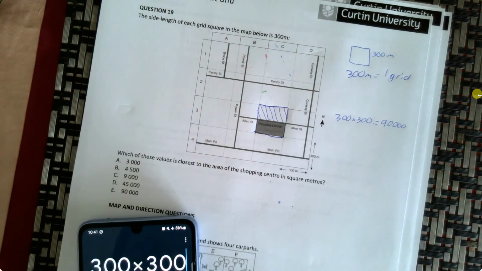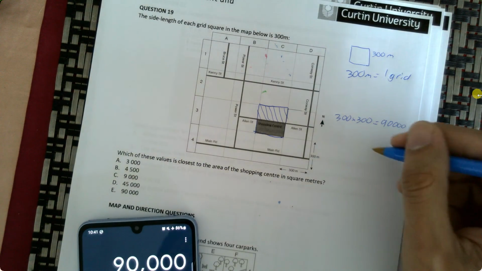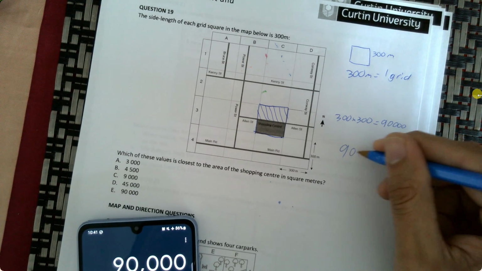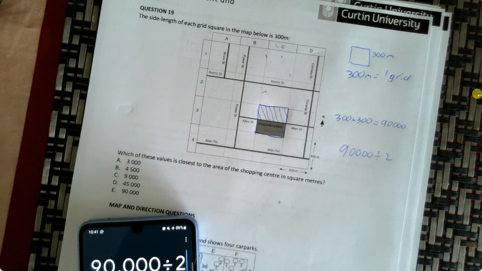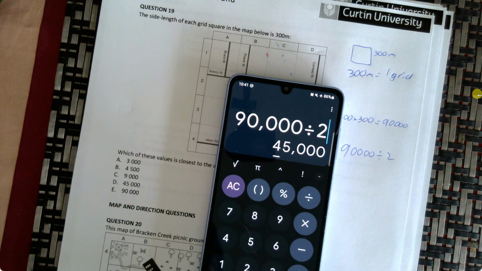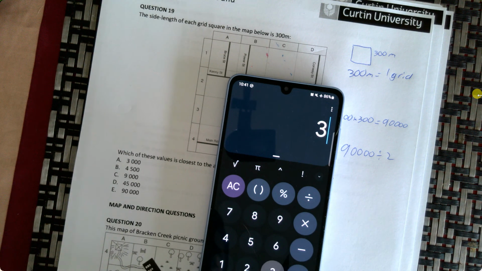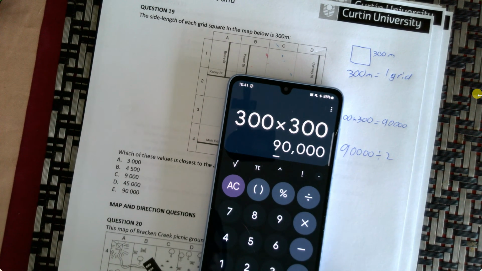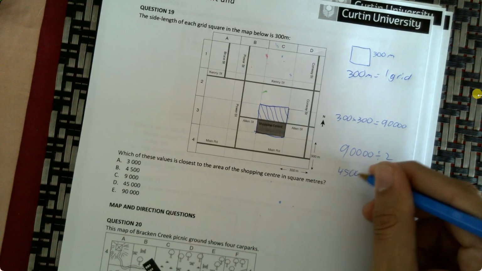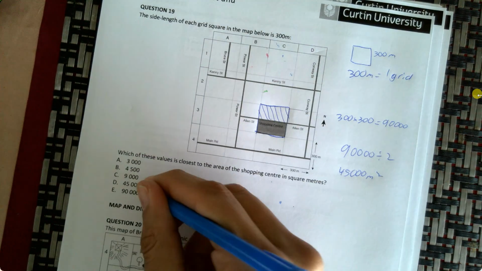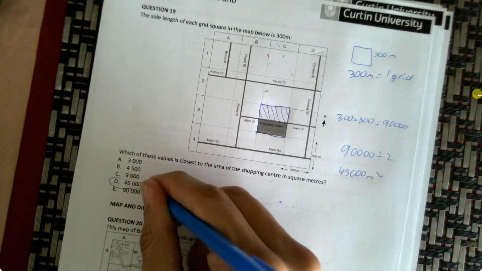And then all you had to do is half that. $45,000. Just showing the calculator again because I was a bit out of screen. 300 times 300, 90,000. 90,000 divided by 2, 45,000 square meters. Okay, next